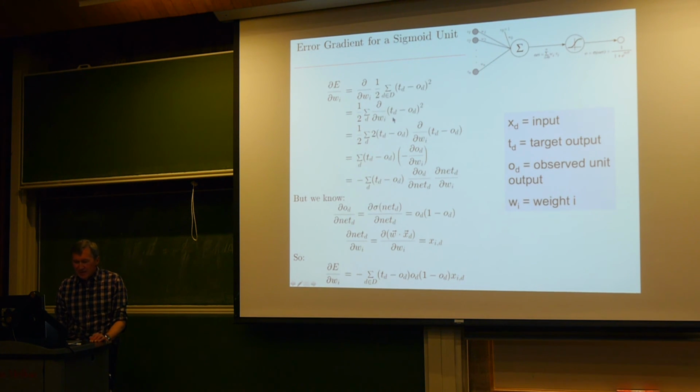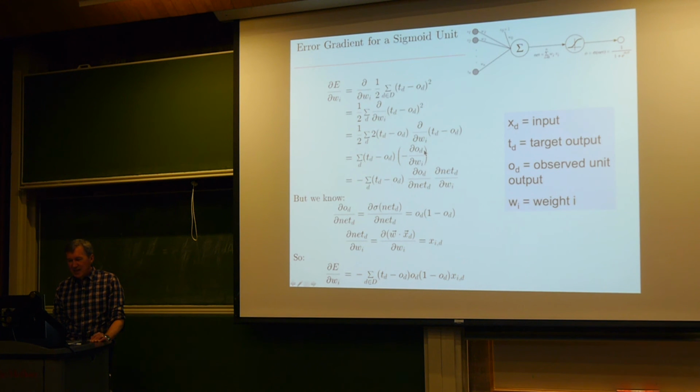So the steps are not too hard. Remember, you take the derivative of something squared by taking 2 times its derivative. And then since the weight doesn't influence the target value, only the calculated output of the network,